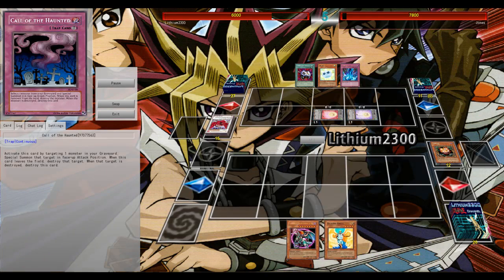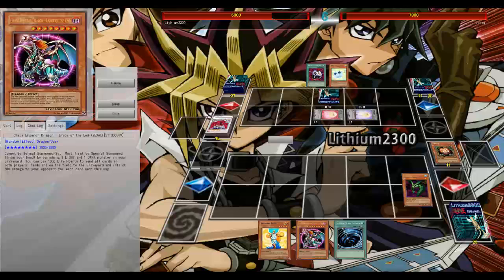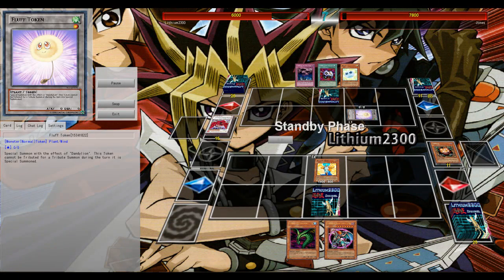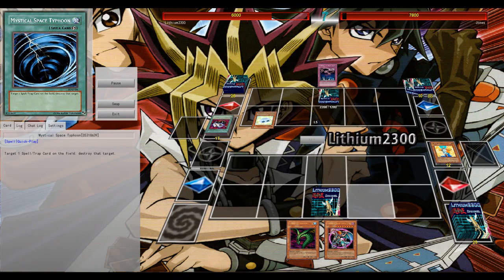I think I lose my Imperial Order, but okay, that's also fine. I search out Shining Angel, which is the light target for that Emperor in my hand. So attack over one of his tokens and set the Mystical Space Typhoon. So I'm like, okay, I'm in a very decent position. There is the enemy controller, he top decked, I think,